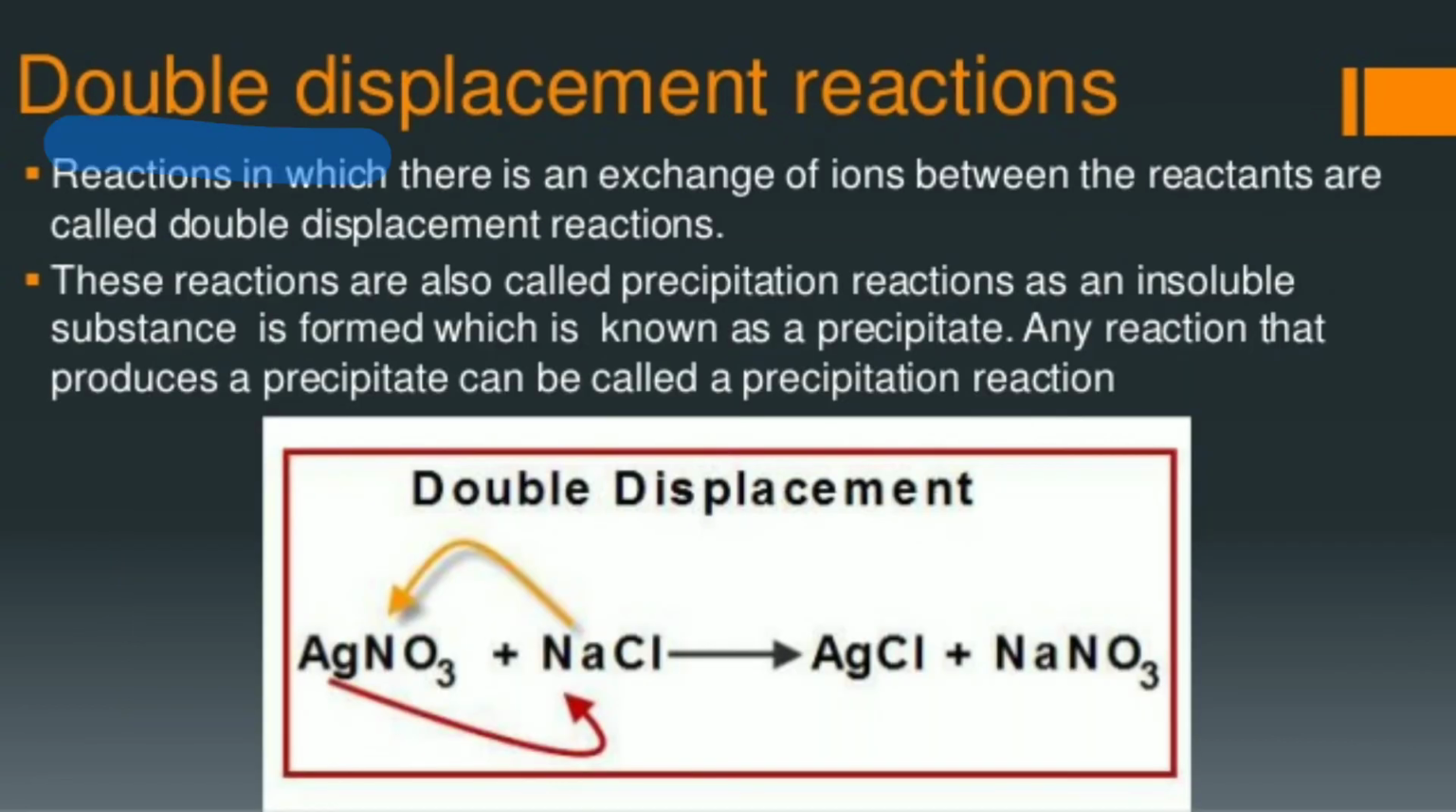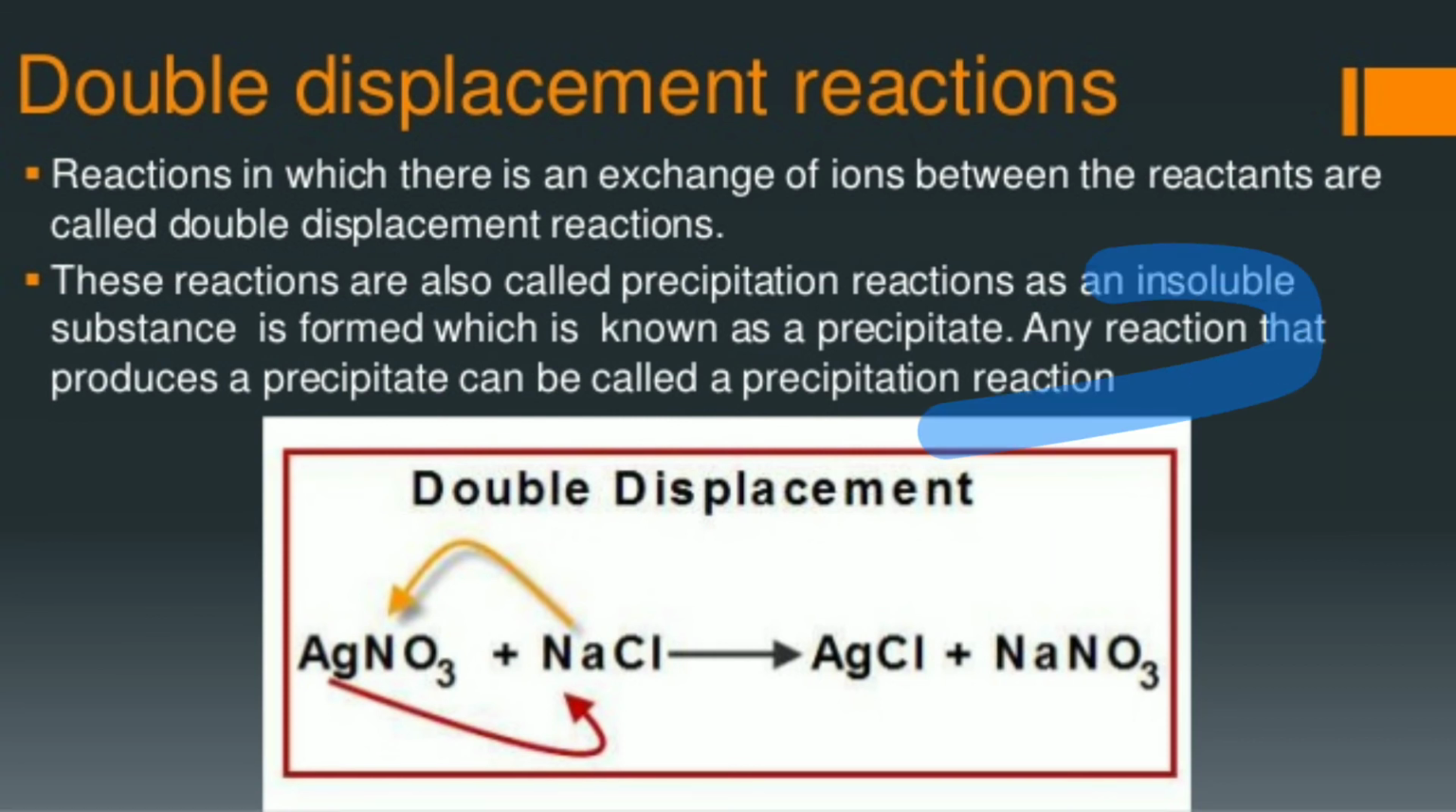Next one is double displacement reaction. A reaction in which there is an exchange of ions between the reactants is called a double displacement reaction. These reactions are also called precipitation reactions, as an insoluble substance is formed which is known as a precipitate. Any reaction that produces a precipitate is known as a precipitation reaction. Let's understand this